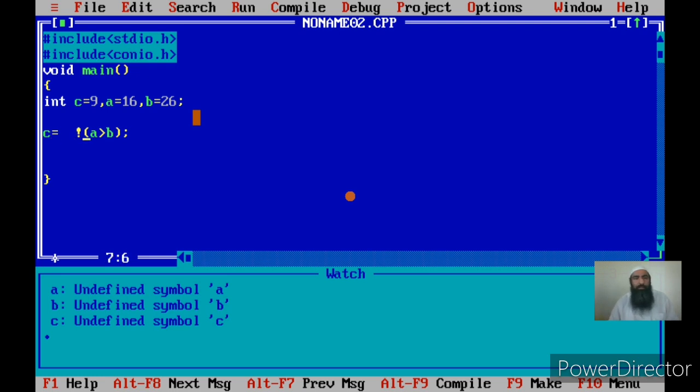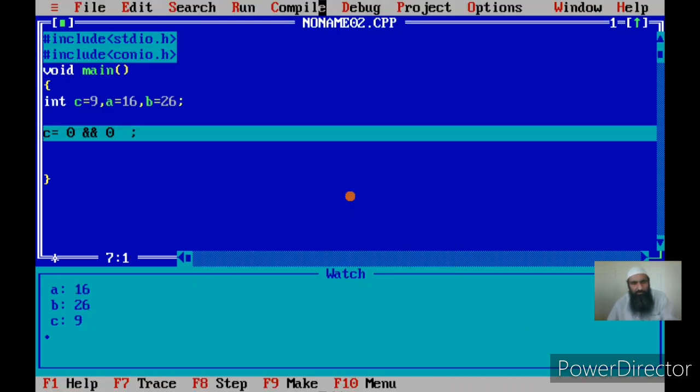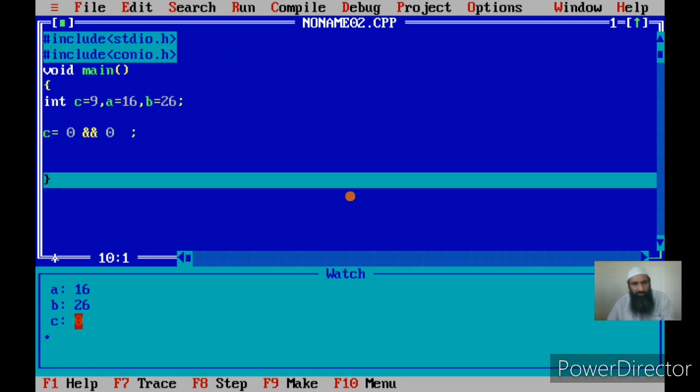Now let us try to see the AND operation again to make it more clear. Suppose I start with 0 and AND it with 0. I say false ANDed with false, because 0 represents false. What is the result? 0, because the result is false. Let us see. See, the result is false, 0, because I compared 0 with 0, so the result is false.